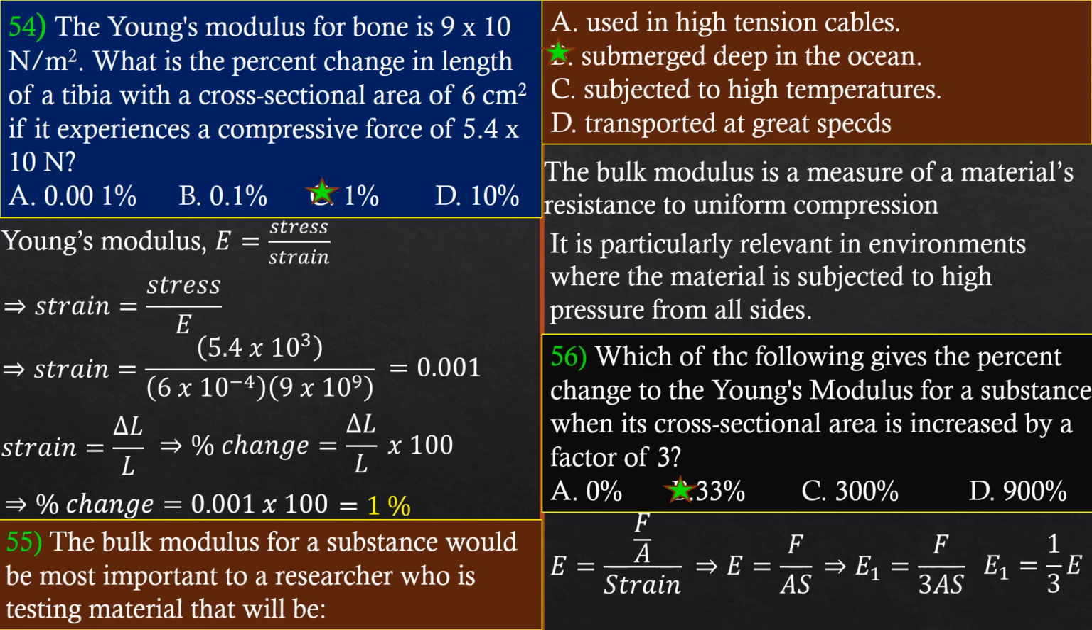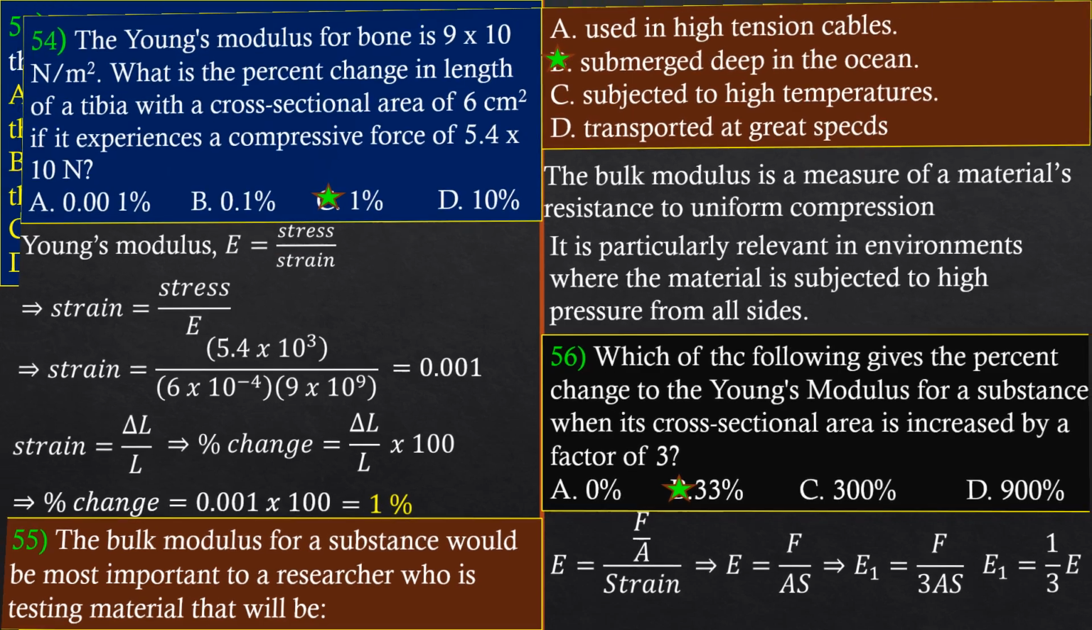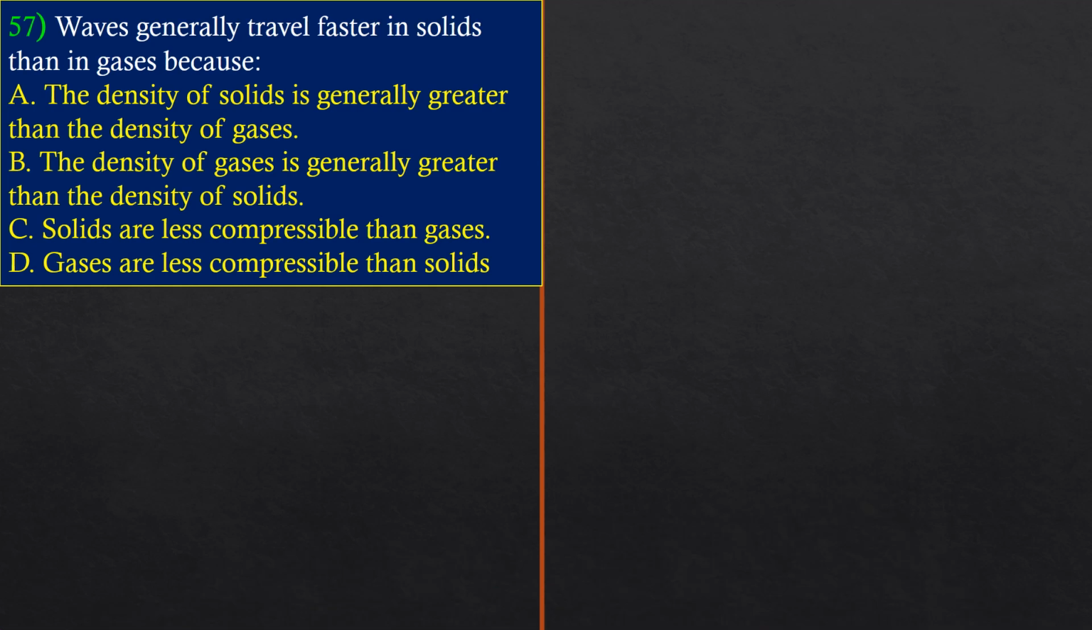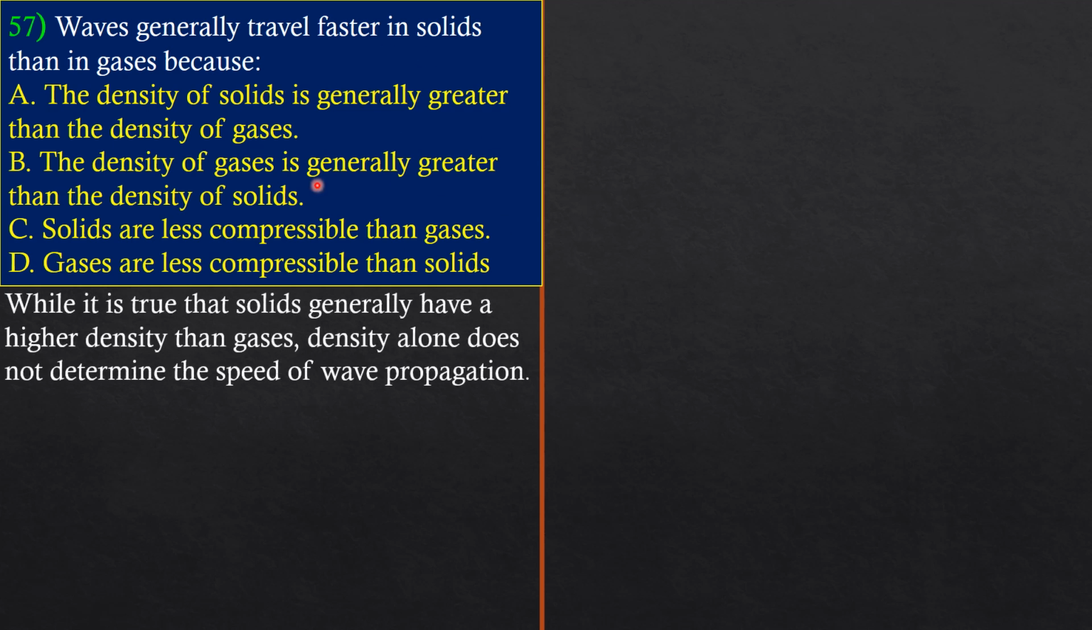Okay. Question 57, guys. Let's go. It reads that waves generally travel faster in solids than in gases because, and these are the various options. So guys, let's analyze it very keenly. A is that the density of a solid is generally greater than the density of a gas. While it is true that solids generally have very high densities than gases,